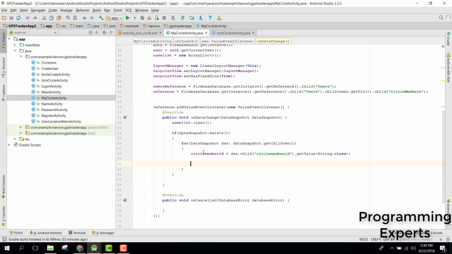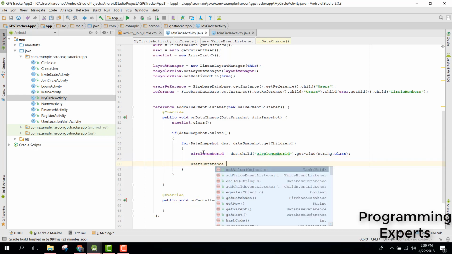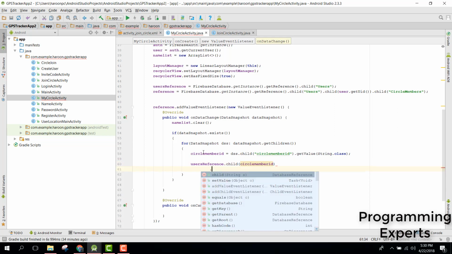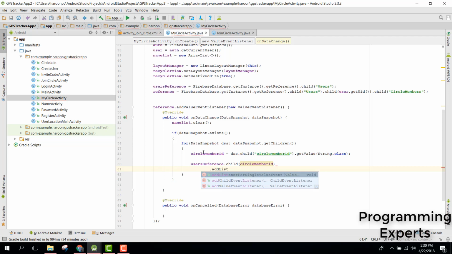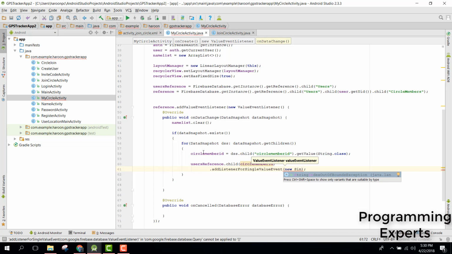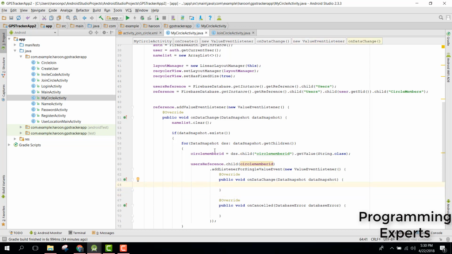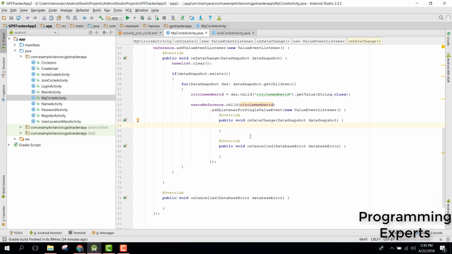And after that we can say usersReference.child, and inside that I need to use circleMemberId. So now we need to fetch the circle member id. I hope you understand me. Then addListenerForSingleValueEvent with a new ValueEventListener, and inside our onDataChange method,